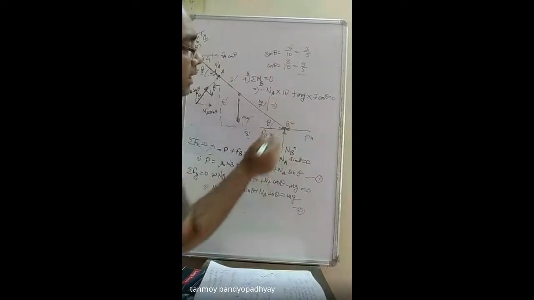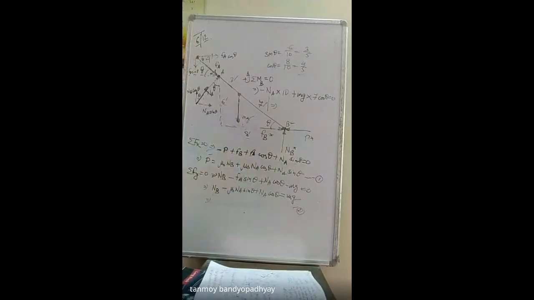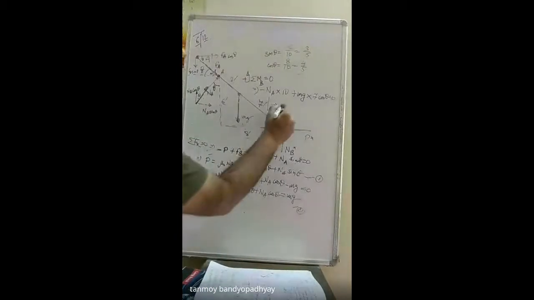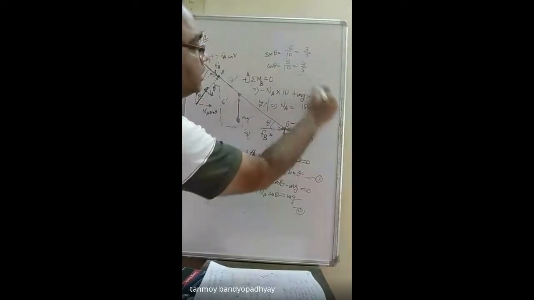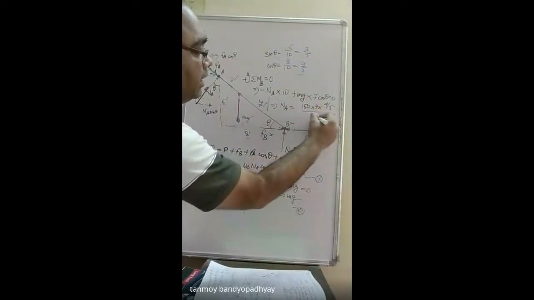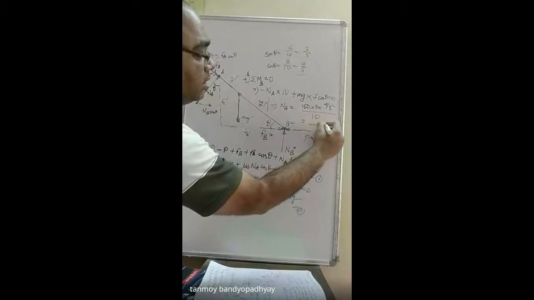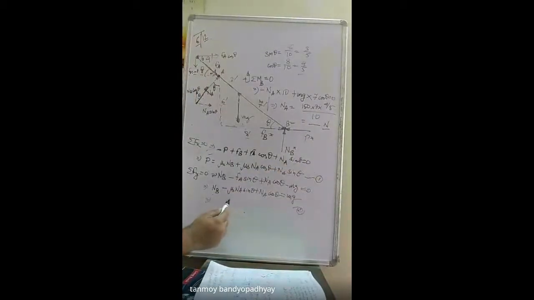So I hope from here, mg is known, I think, na? mg is 150. So NA will be equal to 150 into 7 into cos theta is 4 by 5 divided by 10. So just calculate the value of NA. So once you calculate the value of NA, put it here, you'll be getting the value of NB. Once you get NA and NB, put it here, you'll be getting the value of P. So just I am taking the attendance, just see whether you can calculate the value of P required to cause this motion. স্যার পি এর ভ্যালু কি 118.5?